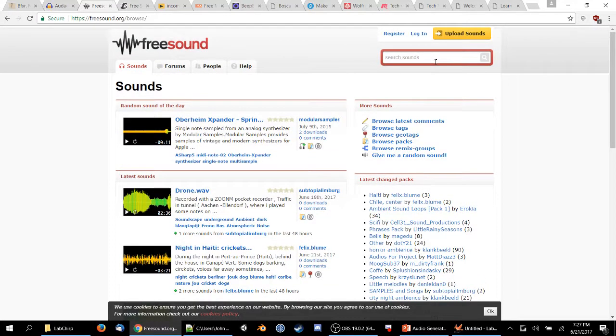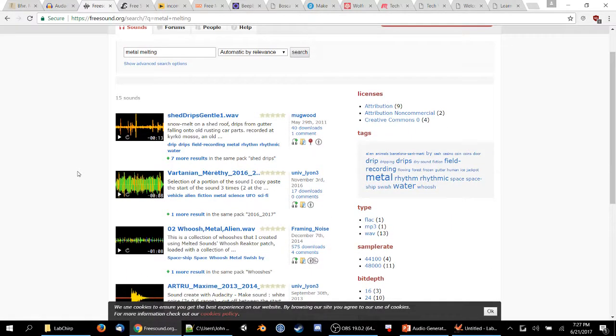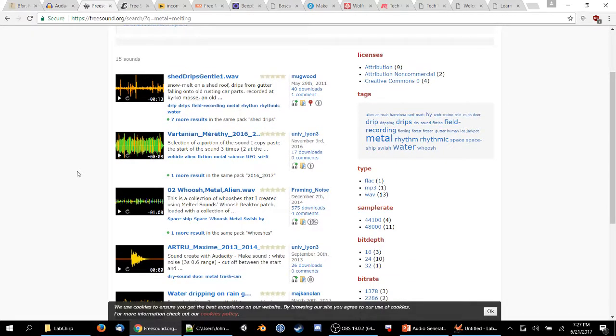Is there like a disintegration? Like metal erosion? I don't know how to describe it. I guess metal erosion. It doesn't really have a sound. It's too long of a process. If you want metal, that's a sound. It's like melting or something. Metal melting. Well, probably snow melting on a metal roof.